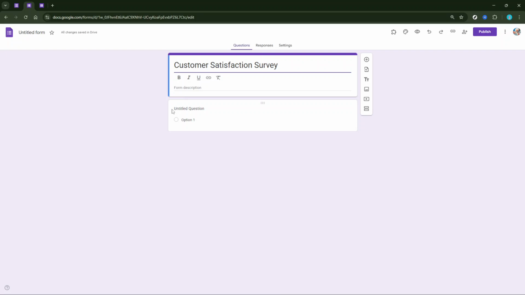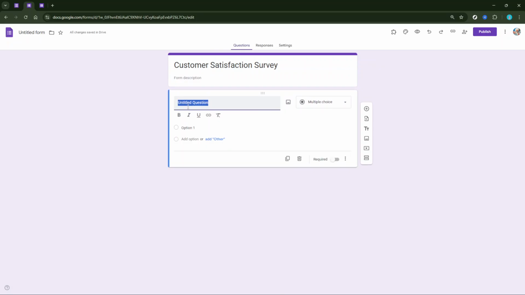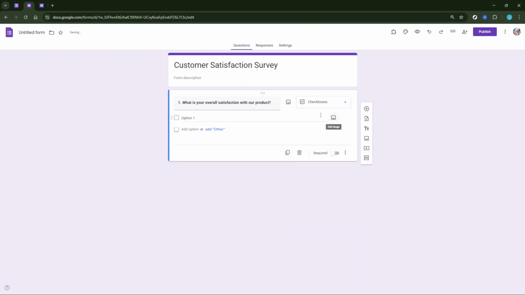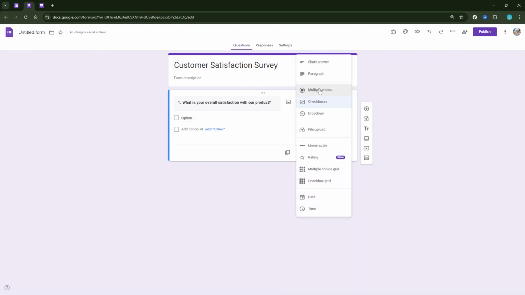With your survey frame ready, you can start creating your questions. Click on the Add Question button, symbolized by a plus sign, to add each question to your form. Google Forms provides a wide array of options here, like multiple choice, short answer, checkboxes, and drop-down lists. Each type of question serves a different purpose, so take some time to consider what style best fits the information you need to gather. For example, multiple choice and drop-down options are great for easy data analysis, while short answers might be used to gather more personalized responses.